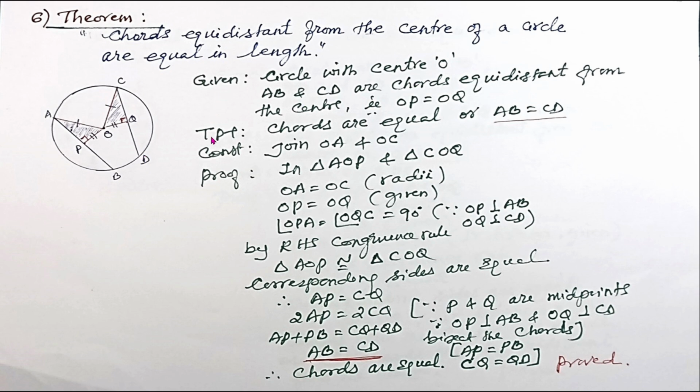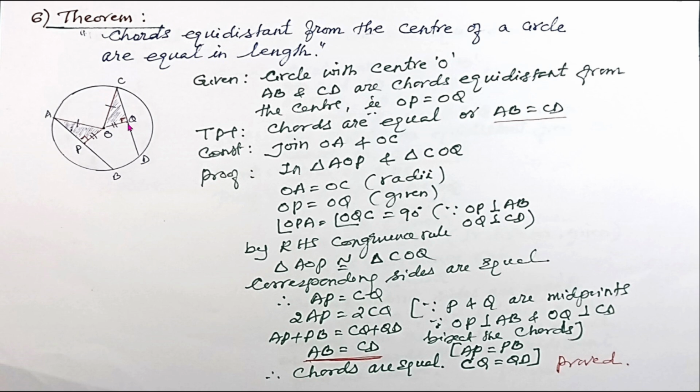Now given circle with center O, AB and CD are two chords and they are equidistant from the center. That means OP is equal to OQ. Now we have to prove that chord AB and chord CD are equal. Now join OA and OC. Now in triangle AOP and triangle COQ, OA is equal to OC because they are radii